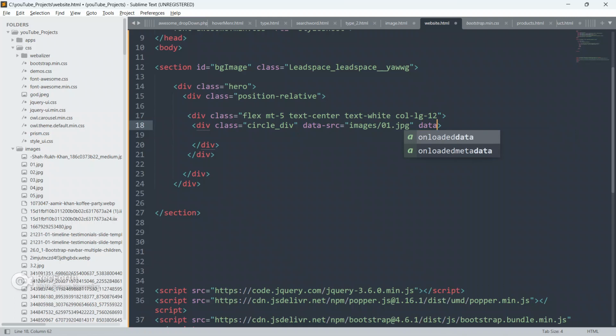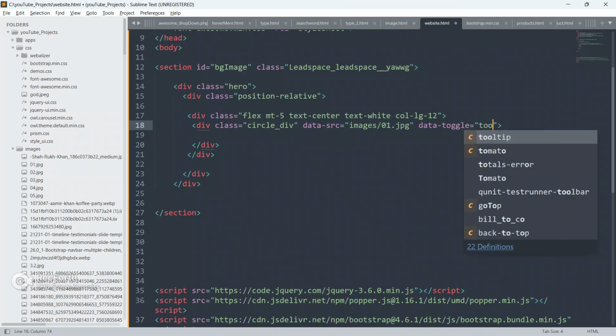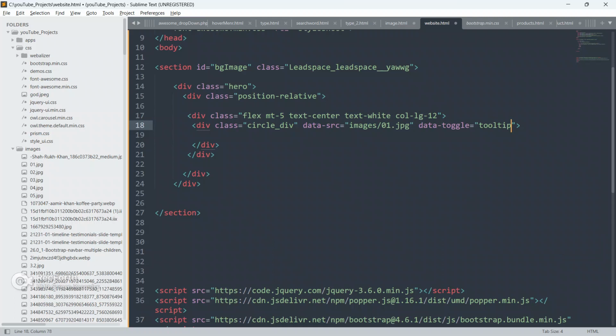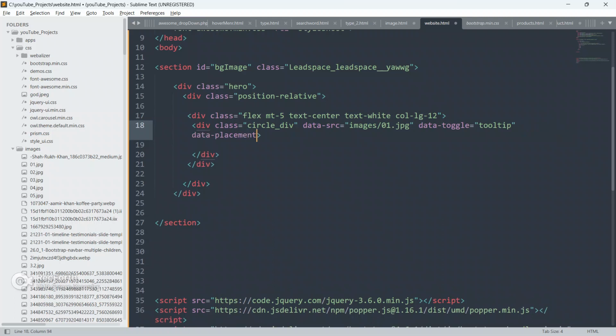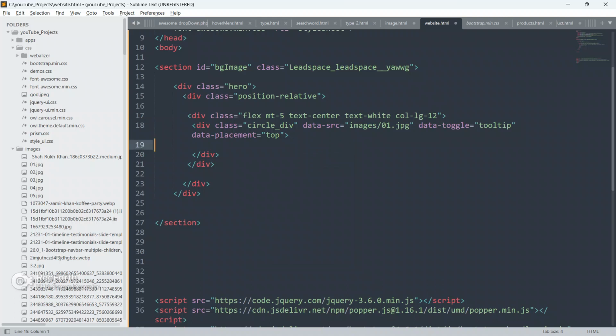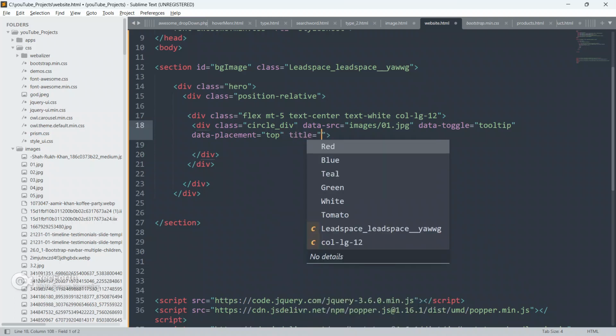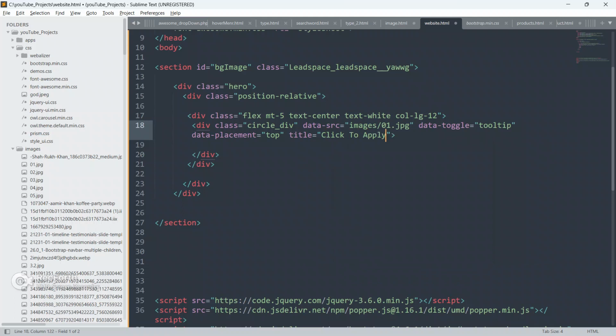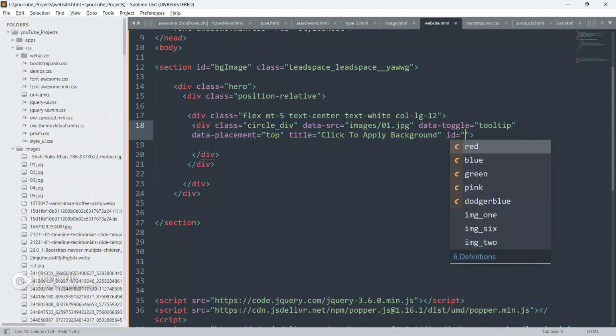And give data-toggle as tooltip, data-placement as top, and give title as click to apply background. And give id as